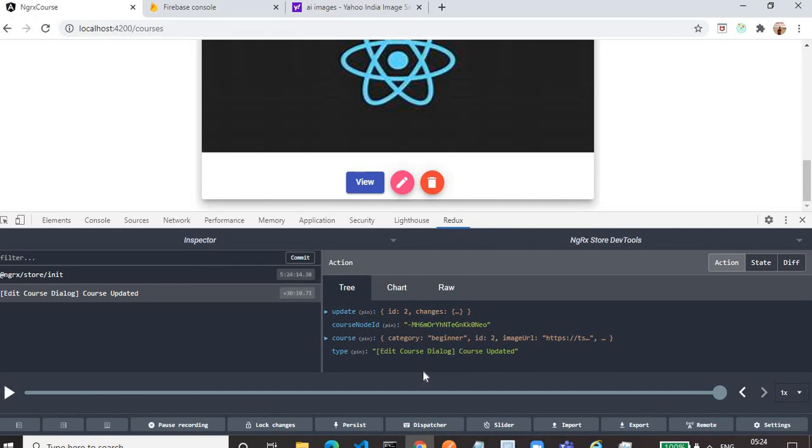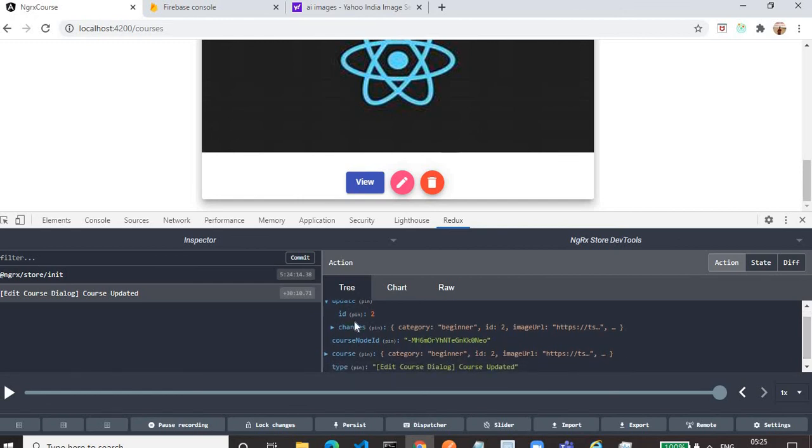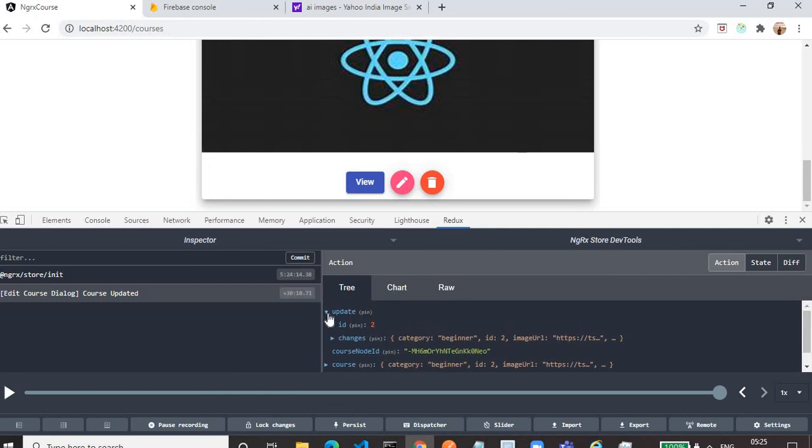But here the payload is in the form of, first, payload is update having ID and changes. ID is the ID of the course that we updated, and changes is the course that we have updated, the detail of the course.